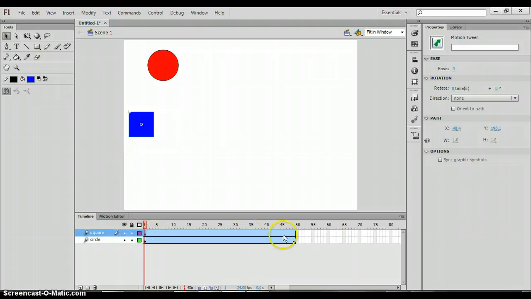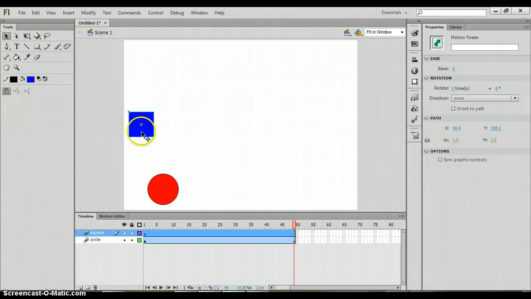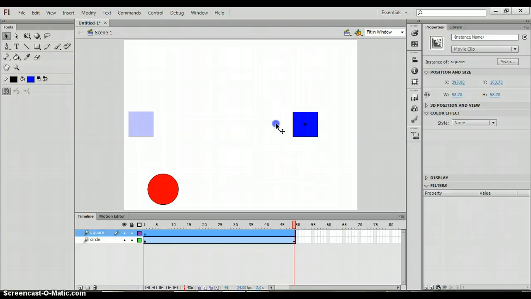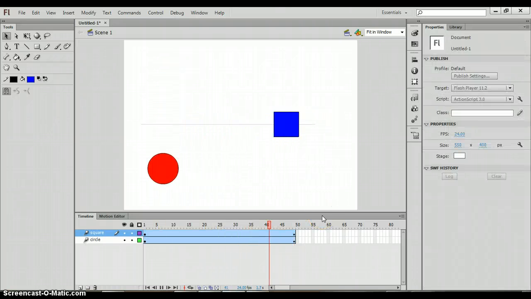Now you're automatically going to see that it fills all the way in up to the length of the frame below it, or the layer below it, excuse me. But what I want to do, unlike our first motion tween where we simply dragged the circle across the stage, is this time click on that end keyframe. And once you click here on the end keyframe, you will then drag the square to the other side of the stage. It'll give you a different colored dotted line, and now when you hit enter, you have that motion